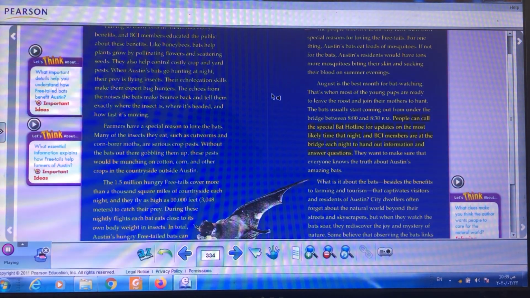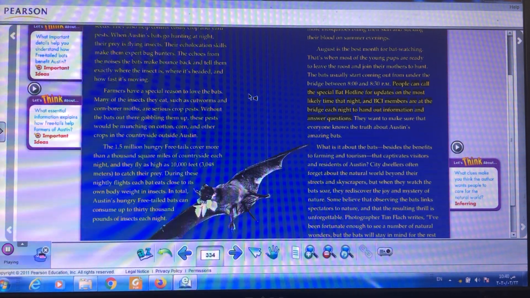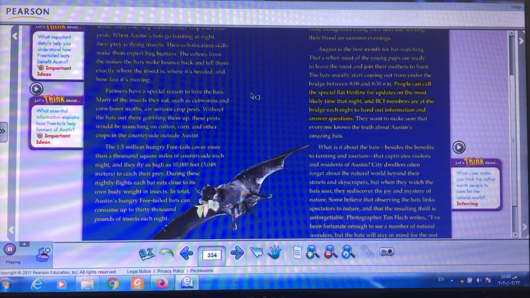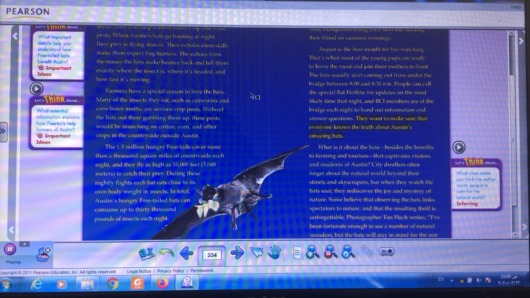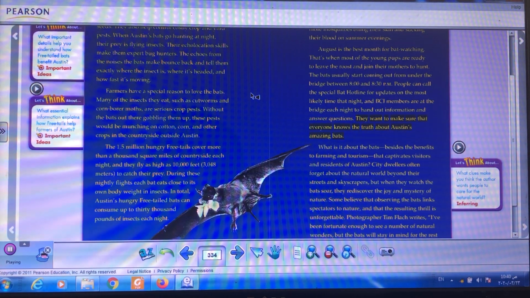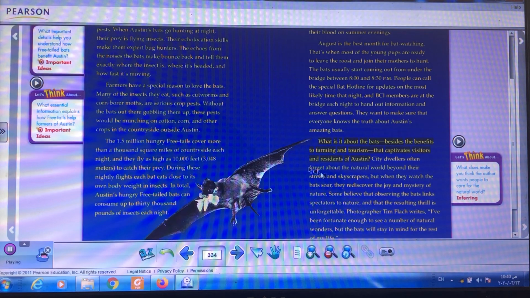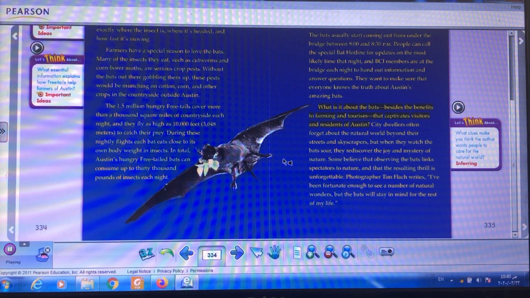People can call the special bat hotline for updates on the most likely time that night, and BCI members are at the bridge each night to hand out information and answer questions. They want to make sure that everyone knows the truth about Austin's amazing bats. What is it about the bats, besides the benefits to farming and tourism, that captivates visitors and residents of Austin?